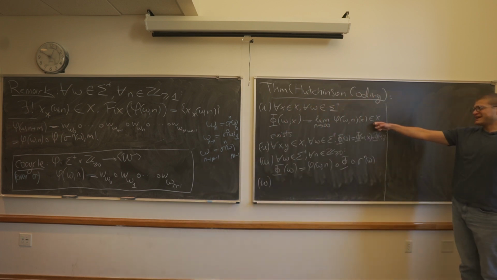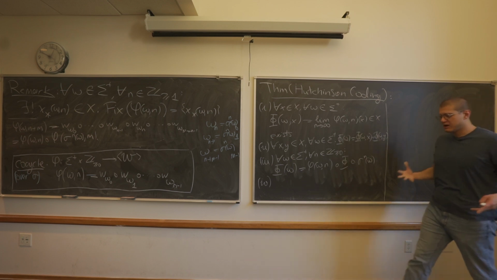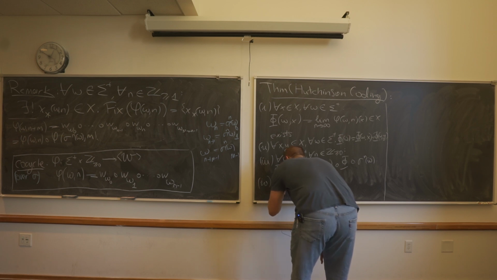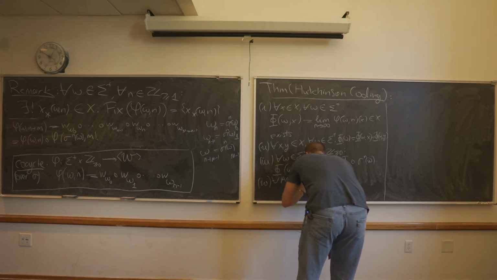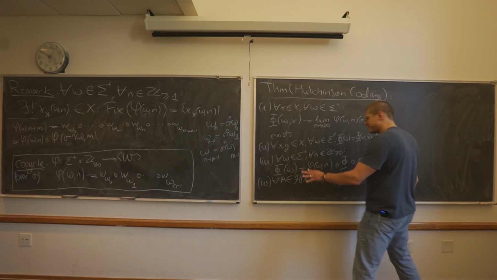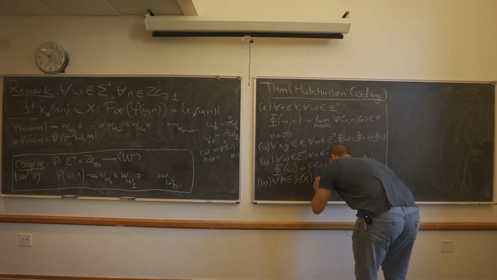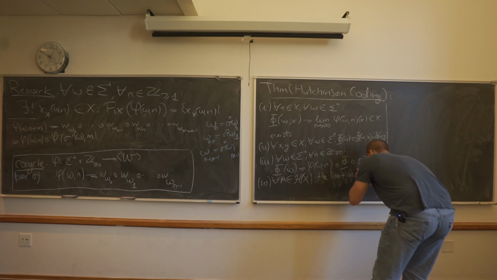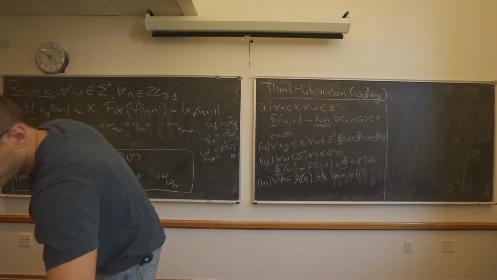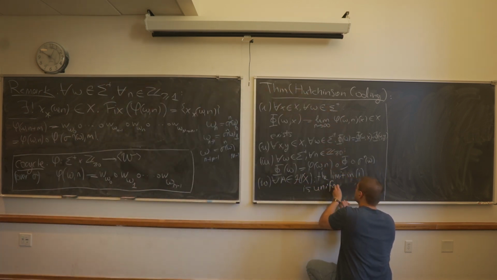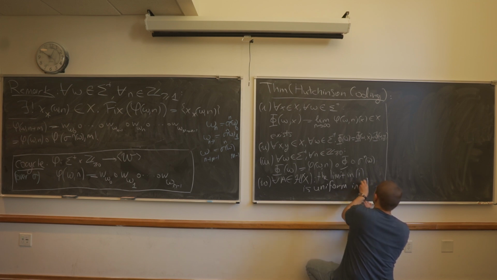The limit in item 1, if I were to fix any compact subset of x, is uniform on that compact subset. For any a in h of x, the hyperspace, the limit in 1 is uniform over a. I'm going to mention what that means more specifically when we're trying to prove it.